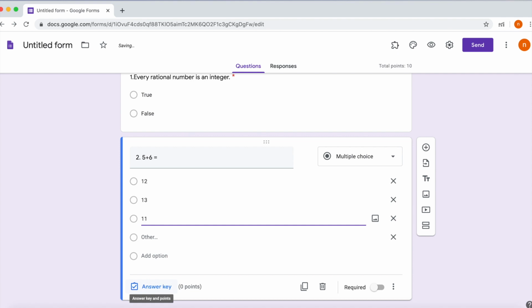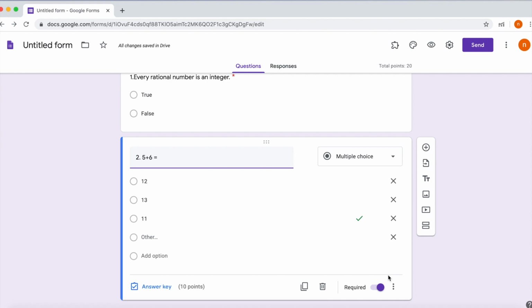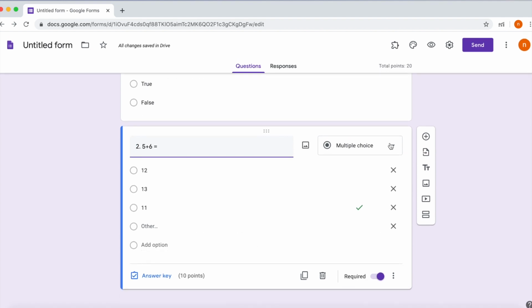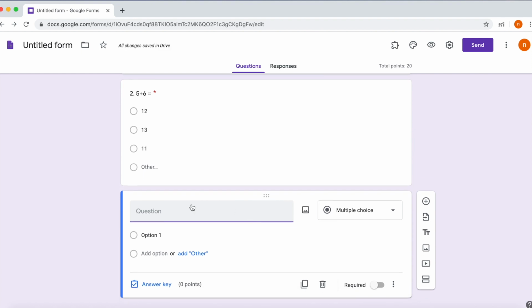Any option or others, none of these, then answer key. You assign marks 1, 2 or 10 like that. Select the correct answer from the answer key.